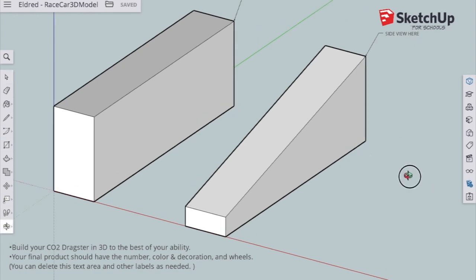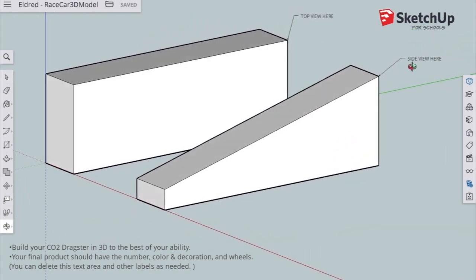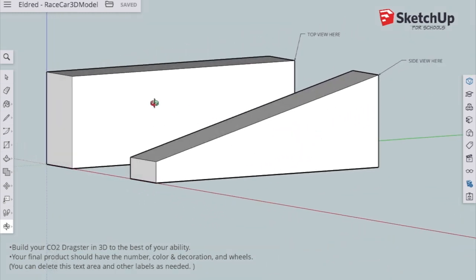I'm going to hit O for orbit, and I'm going to move around a little bit. I've got the side view I labeled here, and we can delete these later if we want to. But I'm going to draw the side profile that we're used to drawing on my car. You remember that there's this CO2 thing in the side here, so we want to kind of preserve the middle area here a little bit. And there's some different tools we can use. I can use L for line tool, and if I wanted to make a very straight edged